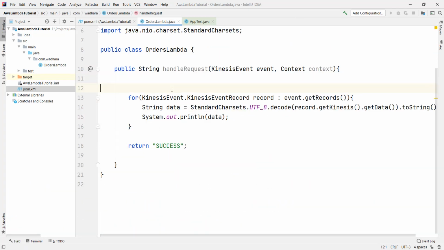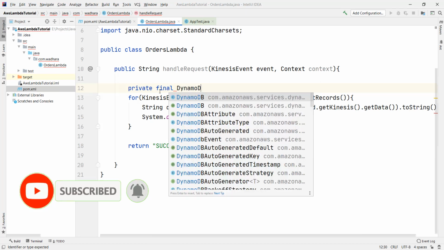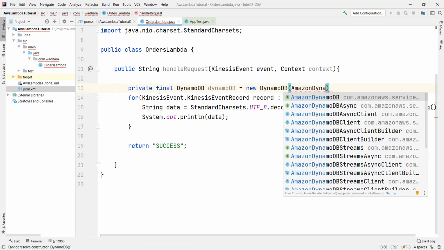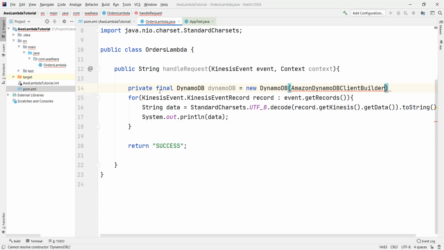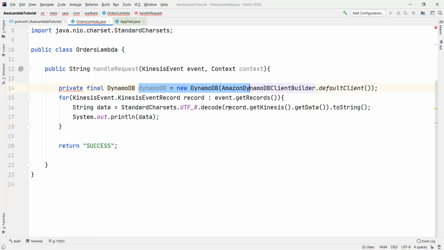I'll move to my orders lambda handle request method. Here, first of all, we'll create one DynamoDB client. We have to create the default client because we will be running our code inside our Lambda. So we don't need to provide our secret key and access key.